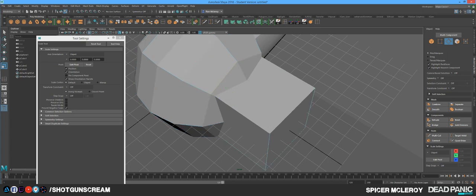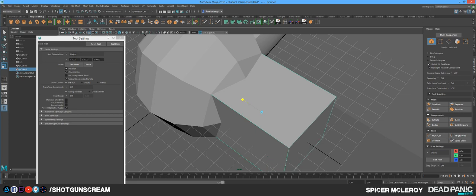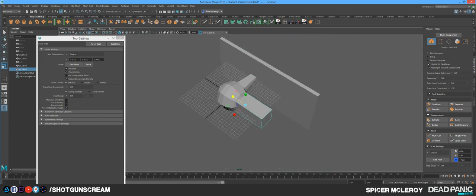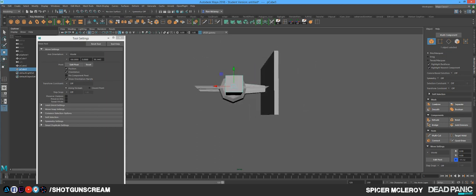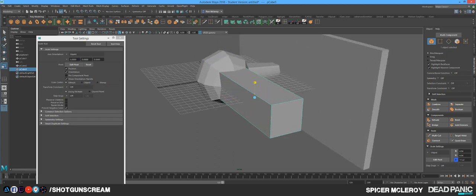Okay. So I'm going to go to object mode and increase that. Right about there should be good enough. Okay, and then we're going to move it back. There we go. And now we're going to squeeze it down because it is rectangular in shape,